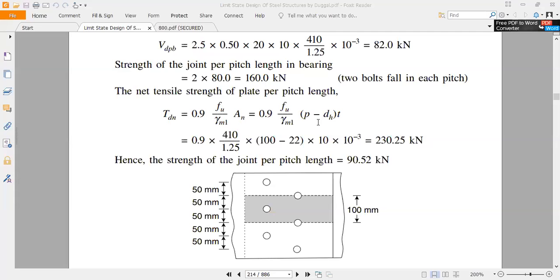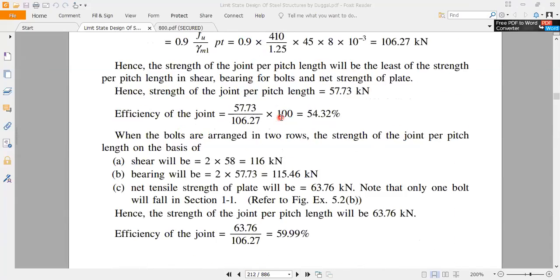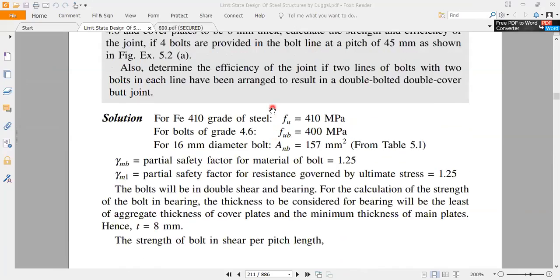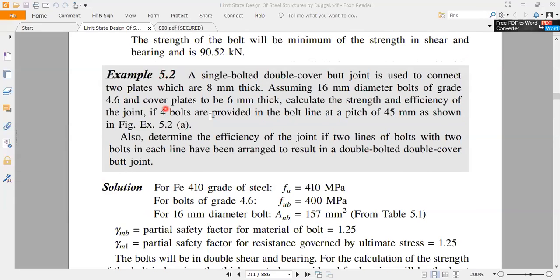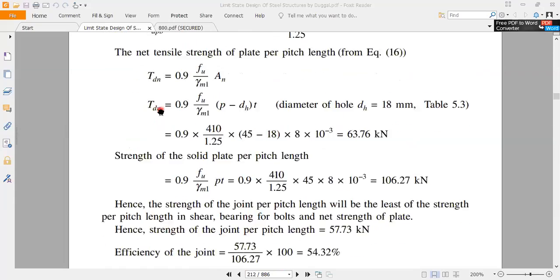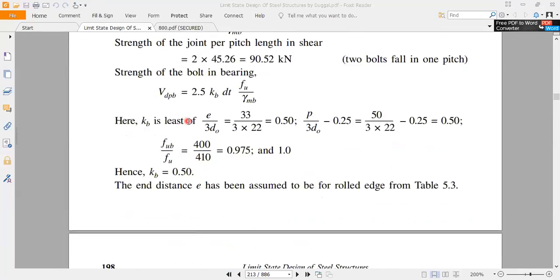Now, so can you try this question 5.2? So I'm leaving this question 5.2 for you, and everyone has this book, soft copy. So you just try this question at your home on your own, okay? And if there is any confusion, then ask me in the next class. So I will try to clarify your doubts for 5.2, and I will not attempt this 5.2 in this class, okay?